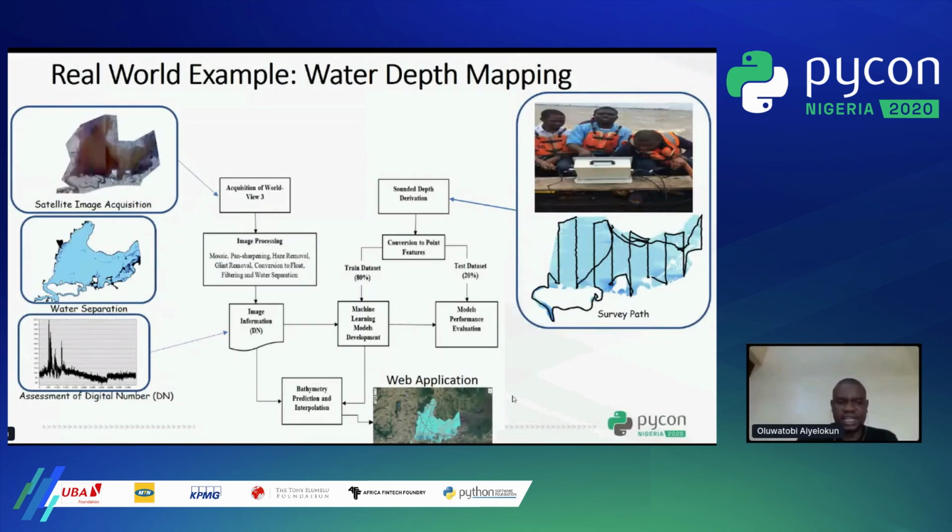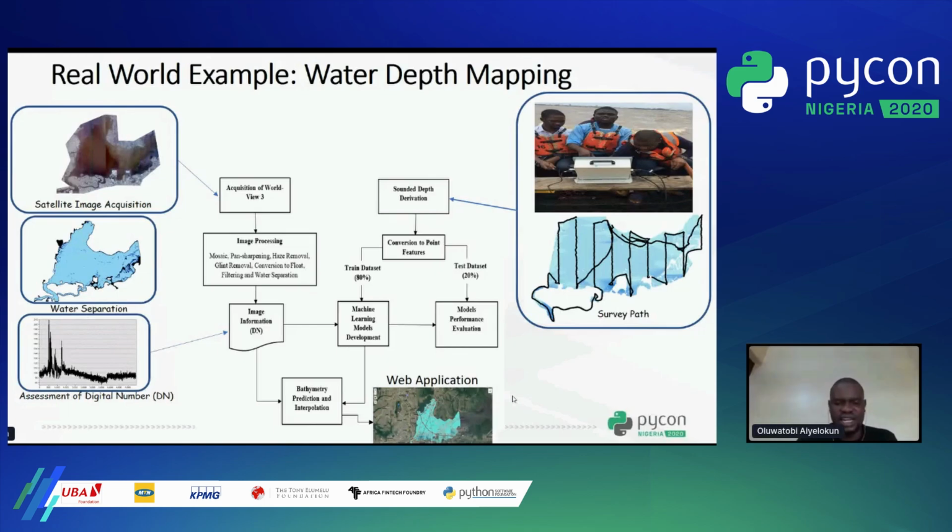We processed the images on the left-hand side, and this involved mosaicking, pan sharpening, edge remover, glitch remover, conversion to float, and some other steps to separate water from the land. Then we generated DNs, which is image information, and then we extracted them